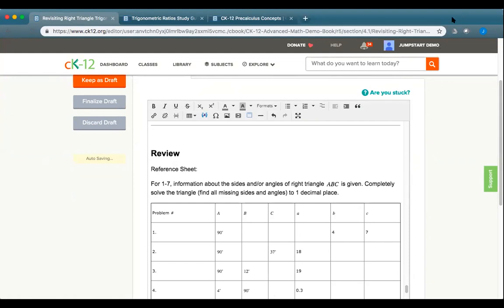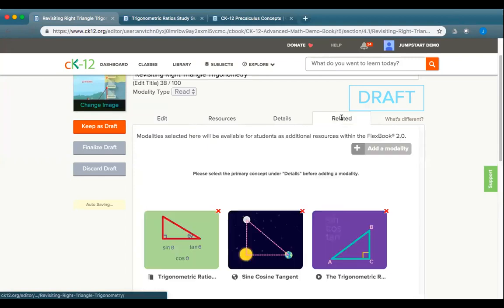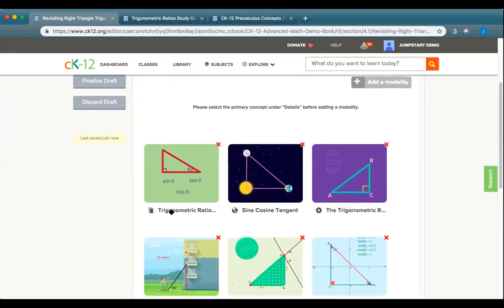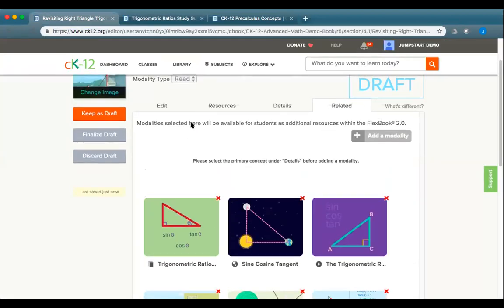So this particular reference sheet, I'm actually going to click over to a study guide. This was one of those related resources for this particular section. So if I go up to related, you'll see that there's a trigonometric ratio study guide right here. If for some reason I didn't want to add it to a related modality, that would probably be your best bet. Or let's say I had something that wasn't CK12 built into our system and I couldn't add it as a related modality, I could simply copy a URL from something else, and I could go into here,